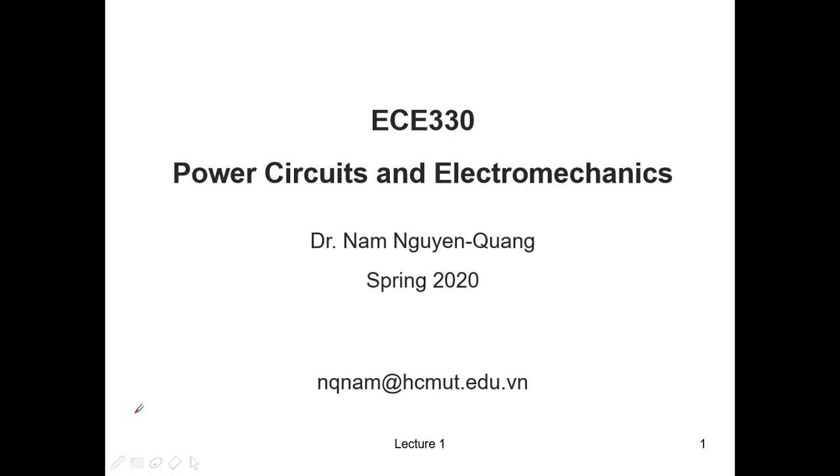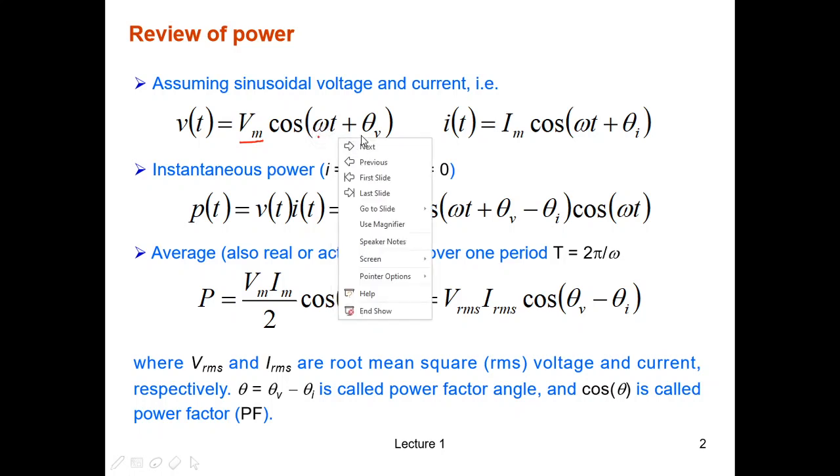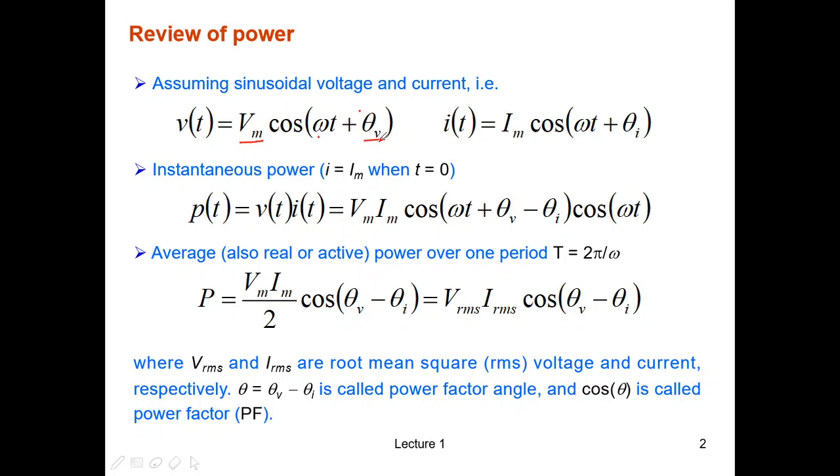So in this lecture, we'll look at power in an AC circuit. Assuming we are looking at a load and we are applying an AC voltage across the load, we will have the peak value of that voltage, the angular frequency, and the initial phase angle for that voltage. Through the load, we will have a sinusoidal current with the peak value, corresponding frequency, and its initial phase